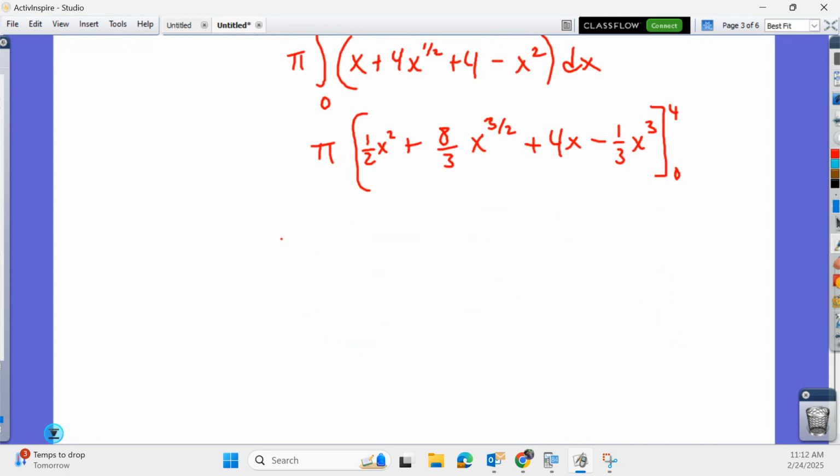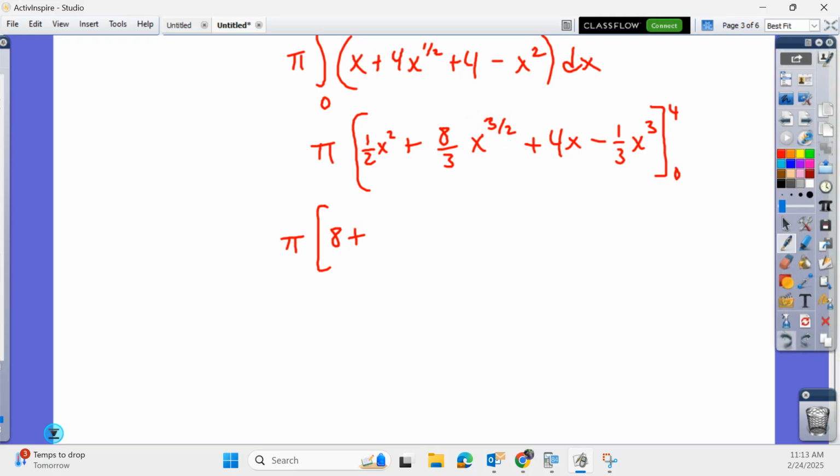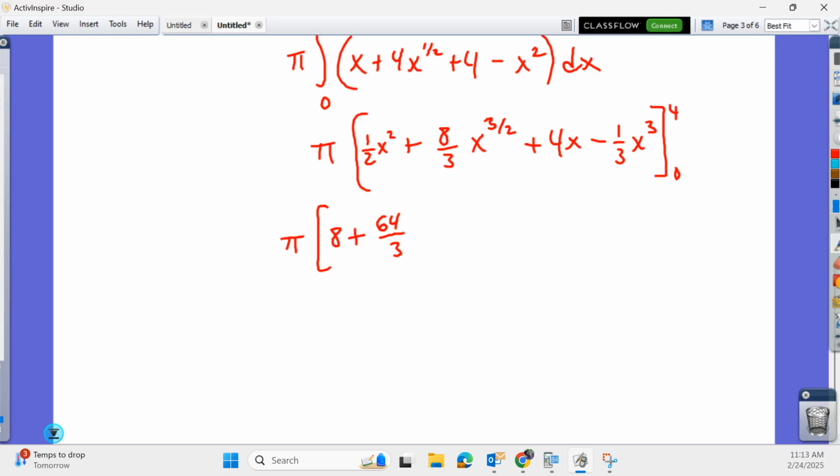So when we plug 4 in, we're going to get 1/2 times 16. That's 8 plus 4 to the 3/2. 4 to the 1/2 is 2. 2 cubed is 8. So we're going to get 64/3. Plus, and then 4 times 4 is 16. And then minus 64/3, right? 4 cubed and then divided by 3. Hey, that's convenient, actually. And then when we plug 0, and I'm going to subtract and plug 0 into everything,